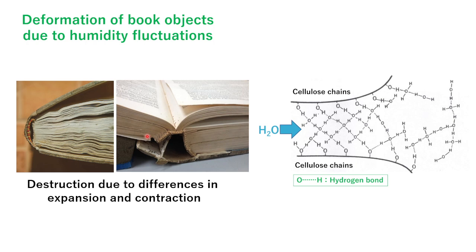As for objects that deteriorate due to changes in object dimensions, the effect of temperature changes is not as significant as the effect of relative humidity changes. So it is especially necessary to control changes in humidity. In any case, high or low humidity is not good for the paper object.